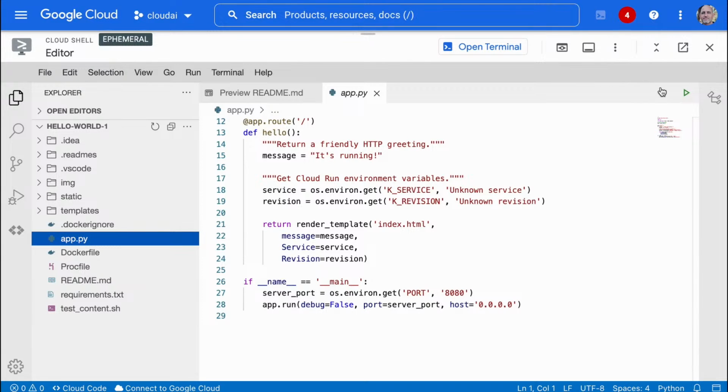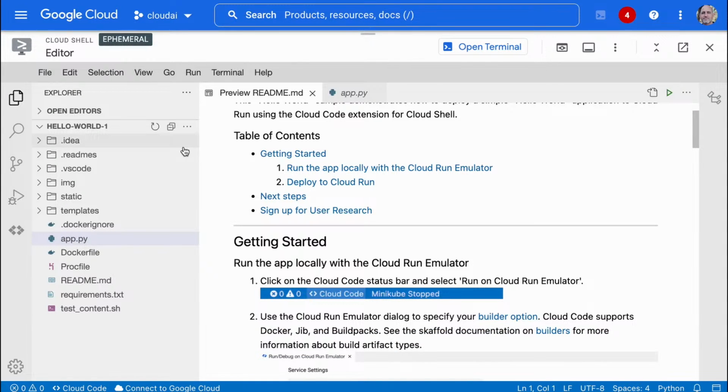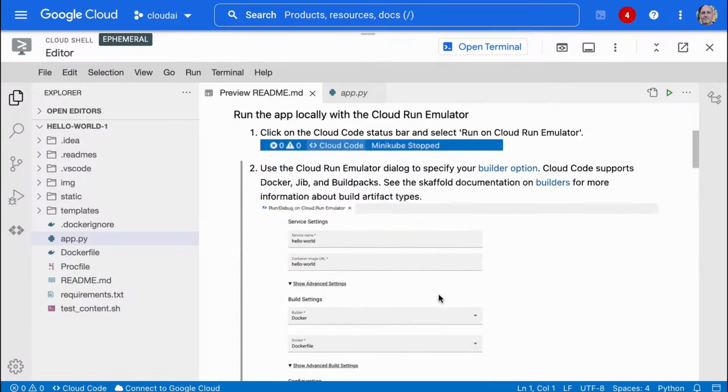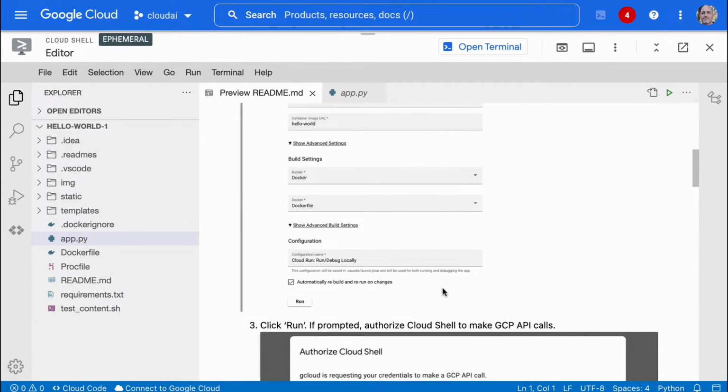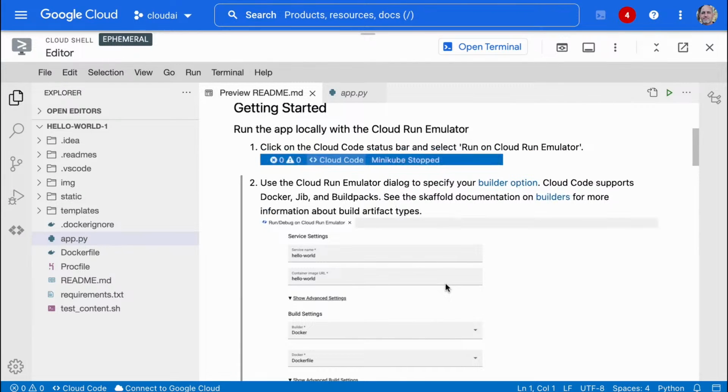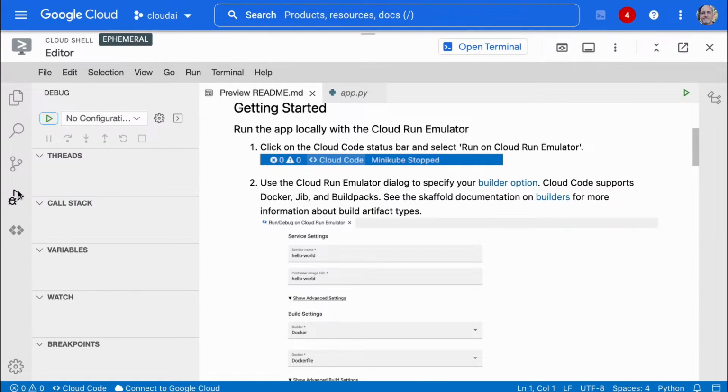So if I go through here to run this, you just say run, you go to here and you just, I think it says the emulator. So you say, click on the Cloud Run status bar and select Run on Cloud Run Emulator. So I believe it's status bar here. Where is it?